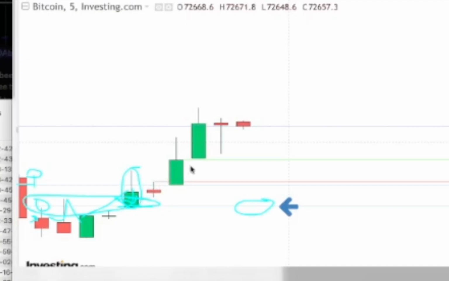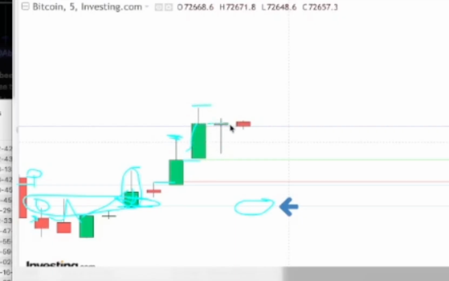Now we have a second fair value gap, which obviously this is the highest people were willing to sell at the time. And then we have this right here, which is the highest that people were willing to buy at the time. This is where people were willing to buy right here. But people were currently buying at this level. So it goes through, it breaks these orders, peaks up here,